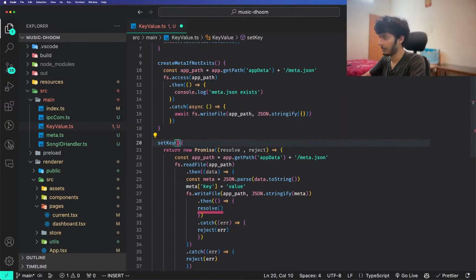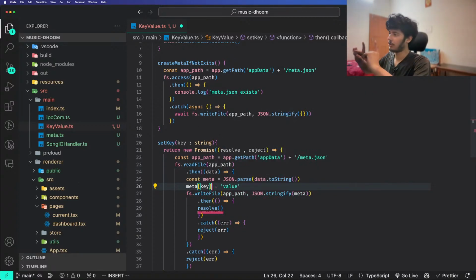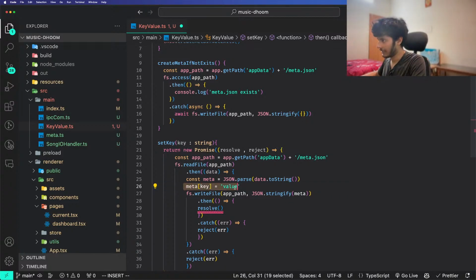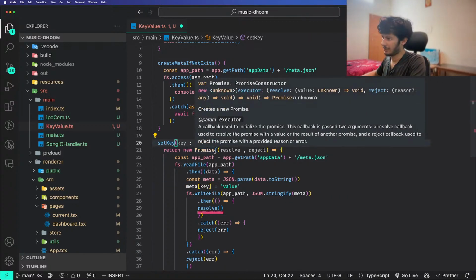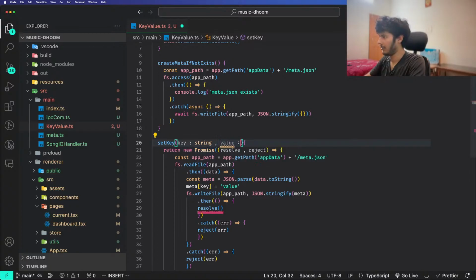But hold on, we have to accept a key, right? It is string. So it should be like not this. It should be a key. See? Always check the solution which you get from Copilot. It's not always true. So we get the metadata and what is value? Wait. So value should only be string. So for my need right now, I just need two things. I need a number and